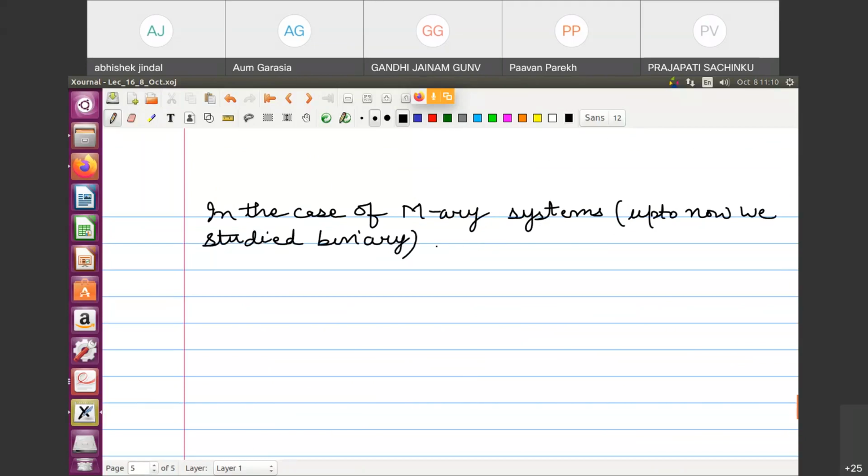The eye pattern contains. This is important to understand. What will be the eye pattern in the case of M-ary? In our course up to now we have not done M-ary. We will do it subsequently when we study MQAM and all these modulation schemes. First of all, we are building the base for that study. So the eye pattern contains